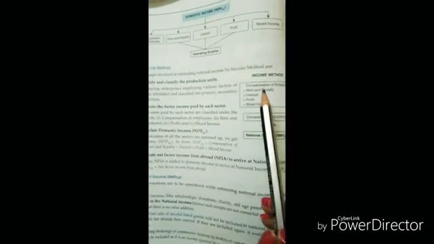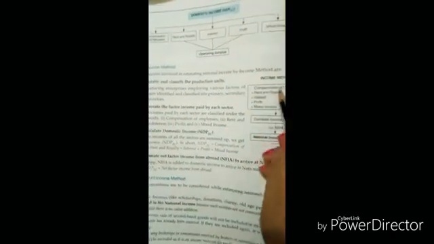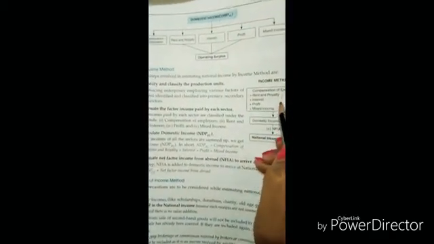Factor income, we have studied all these factor incomes. Compensation of employees plus these four, this is your operating surplus. Okay, so compensation of employees plus OS plus mixed income gives domestic income. You will calculate domestic income by adding all these three. Now from domestic income you have to calculate national income.